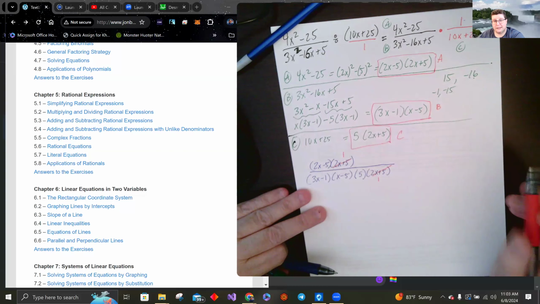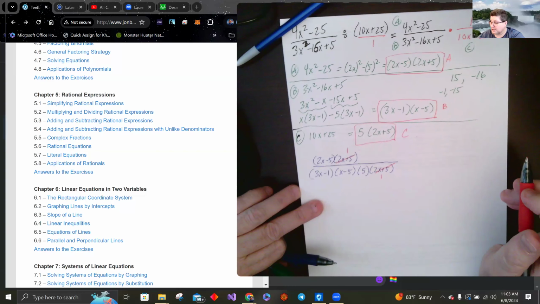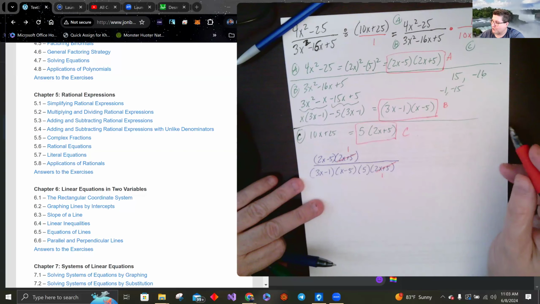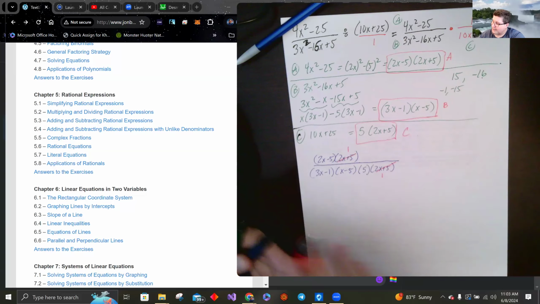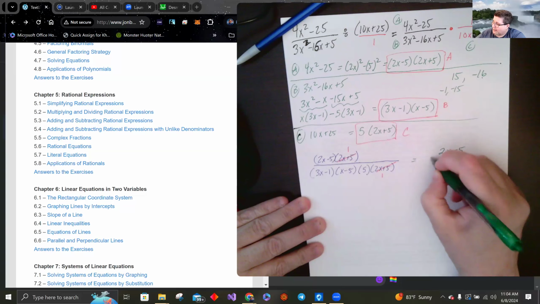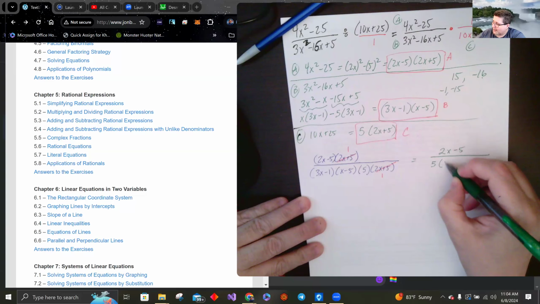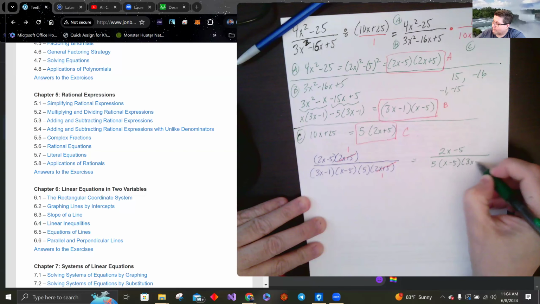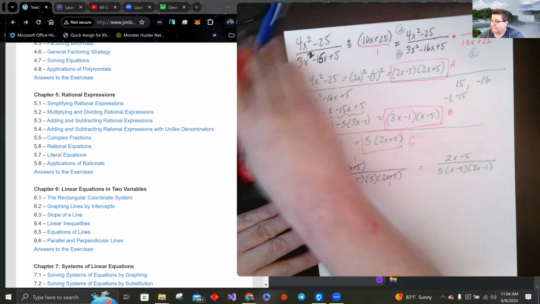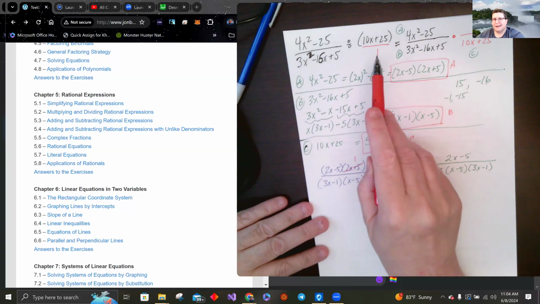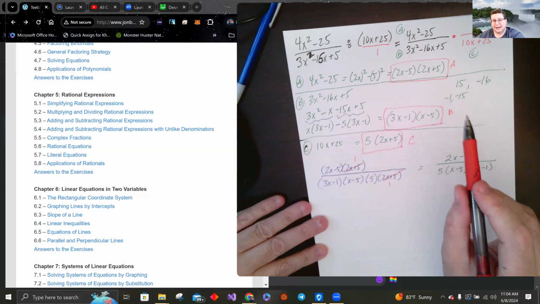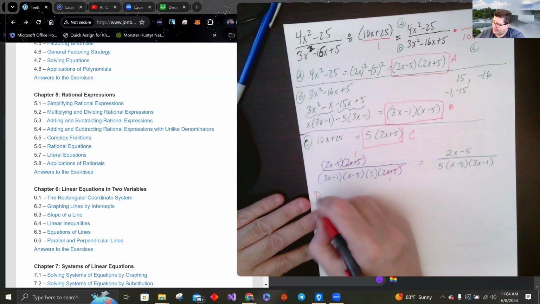Oh, something else I didn't tell you about dividing rational expressions. We'll cover it here. I didn't cover the domain part. There's a special bonus to the domain. We're going to see that the final version of this is 2x minus 5 on top. And then I've got 5 times x minus 5 times 3x minus 1 on bottom. The domain violations come from both pre-flip and post-flip, which didn't do a lot here. So domain violations